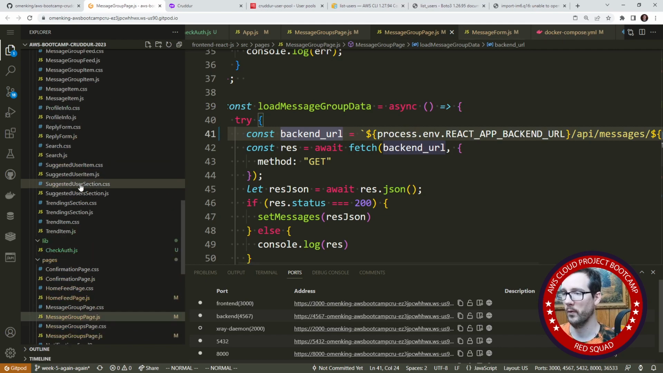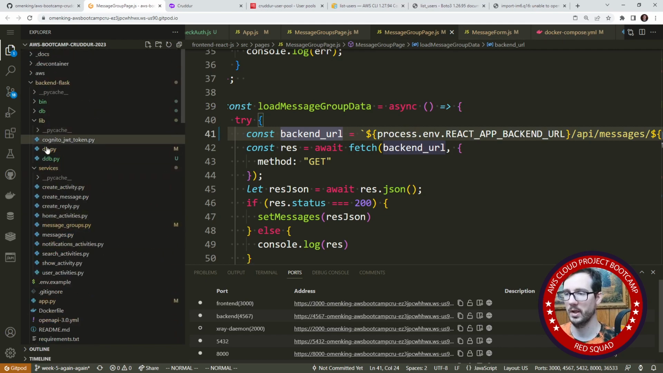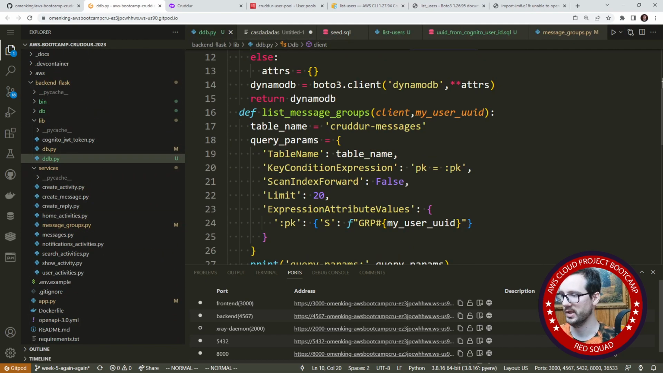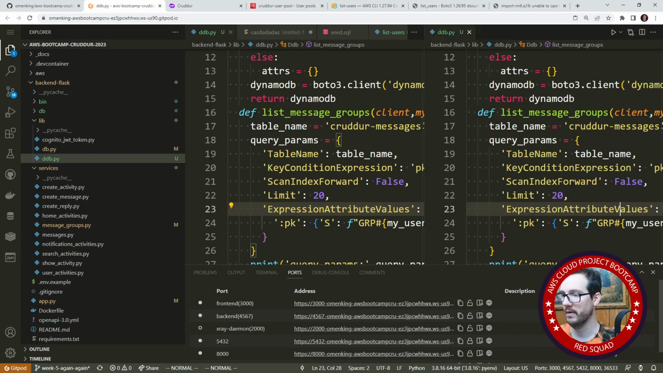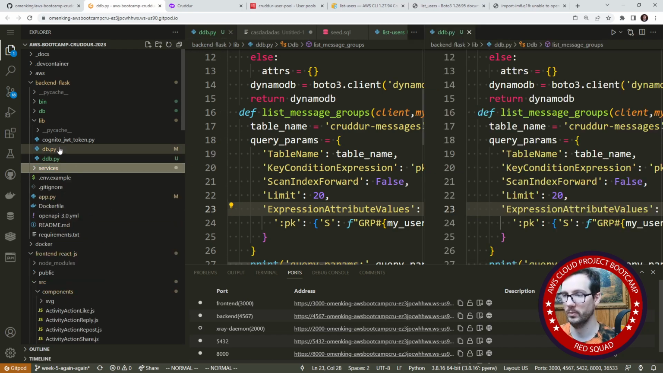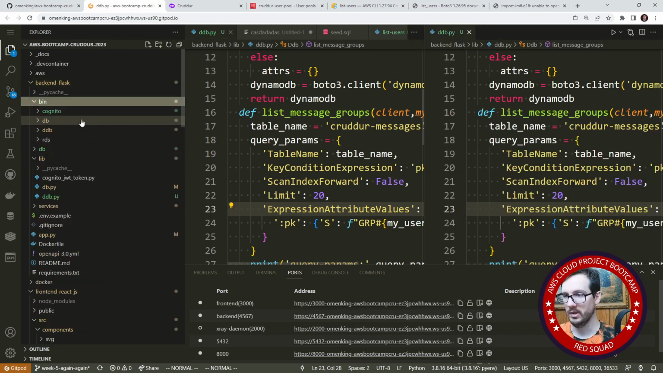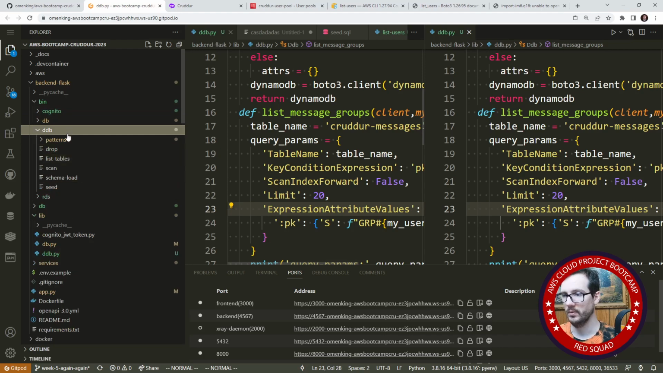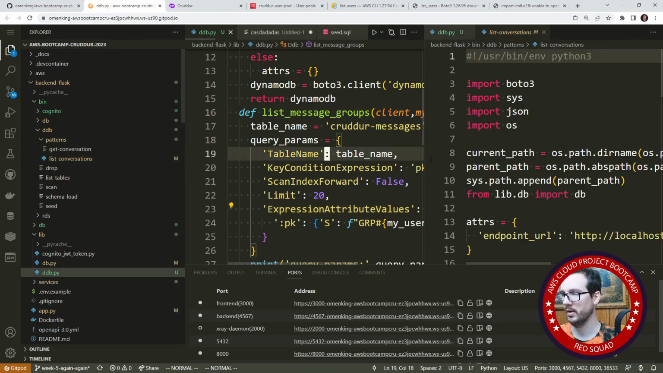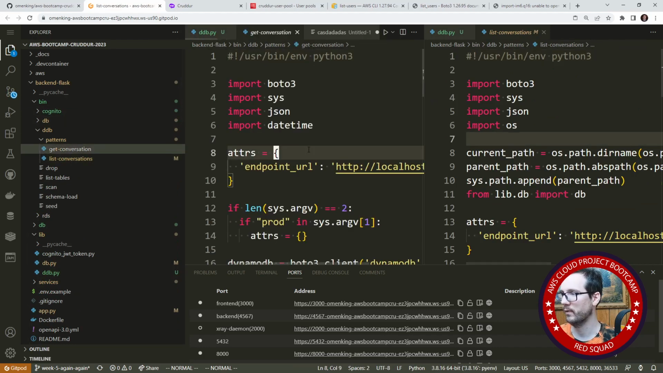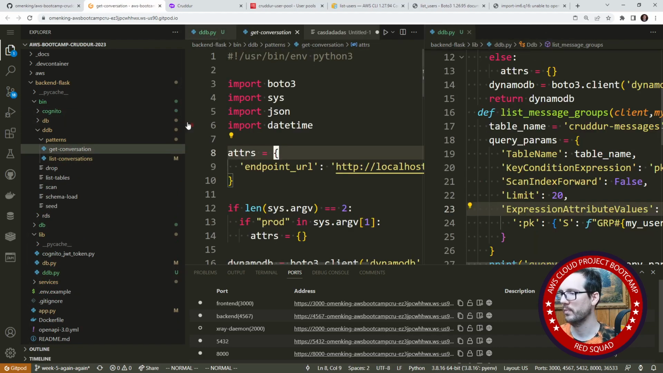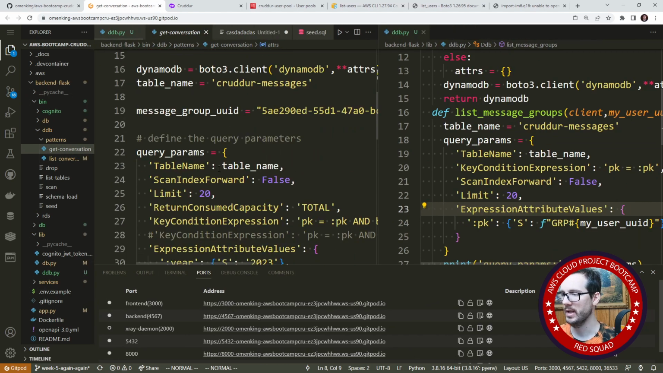Now, I did say before that we were going to implement more restrictions or limitations on the table where we have that begins with stuff. So if we go back over to our bin directory here into DDB, into patterns and list conversations, or maybe we just did it for get conversations. I don't remember which one we did it for. And this is opening all over the place, not where I want it to open. We have this